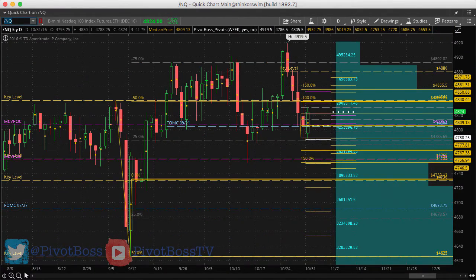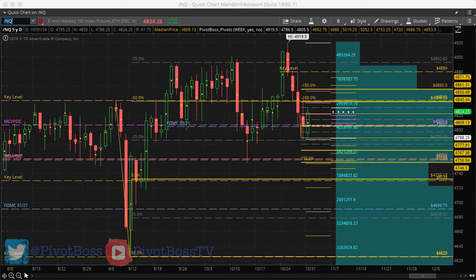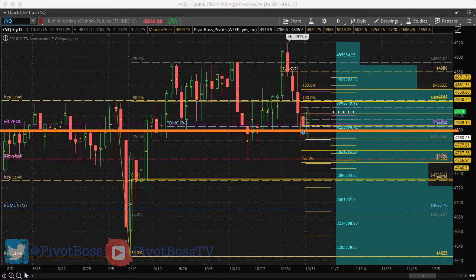Here's the NQ. Basically, we had our first major pullback. 1, 2, 3, 4 days. 3 days and a half, that pre-market, and I said this could be an opportunity to buy it. We were looking at 4800 to 4806 half as a buy zone, and that area became a nice zone that was bought several times throughout the day. But that's the level right there, 4800. We're still above it, even though price came below it here and traded a little bit below it. It's now trading well above it,